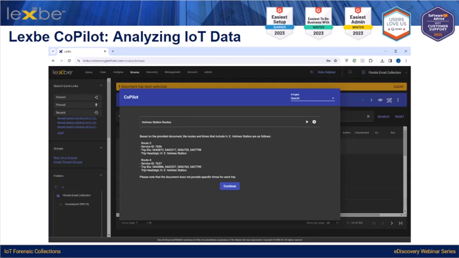ChatGPT accurately analyzed the data and indicated that trip times were actually not present in the document, which is true. So it does a really good job of analyzing the data and presenting summaries. And when you're going through massive amounts of IoT data, it can be of incredible utility in helping you distill that down and getting to the facts that are important to you.